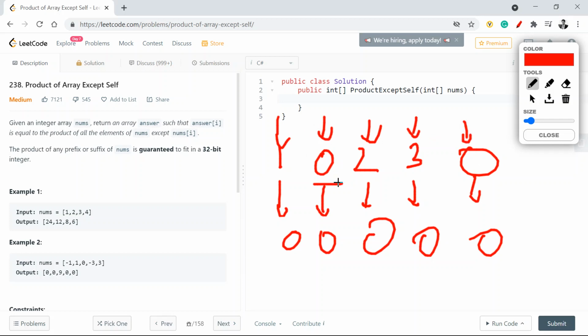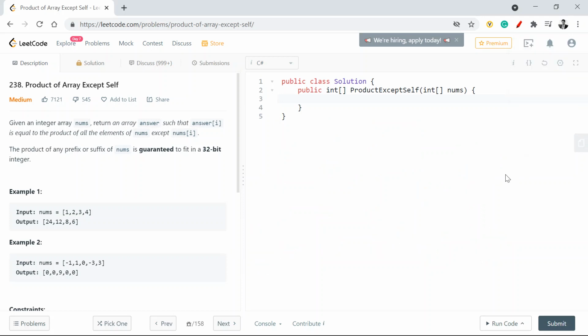I'll always have one zero being used in the multiplication, leading to a default return of zeros. This is the catch we need to take care of in the entire problem statement, because I know personally this was asked to me in one of my interviews. These are the scenarios you need to keep in mind whenever you come to the solution.